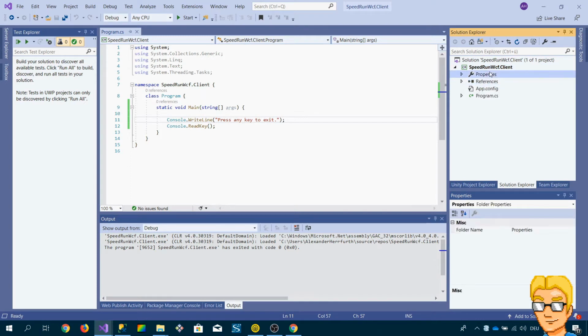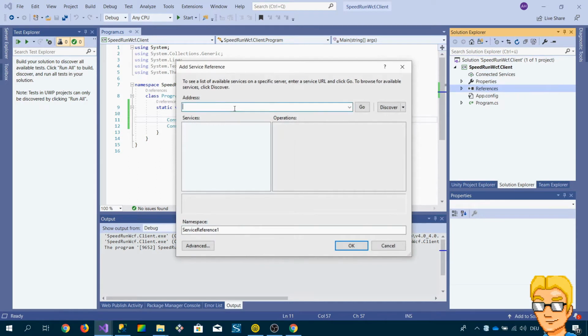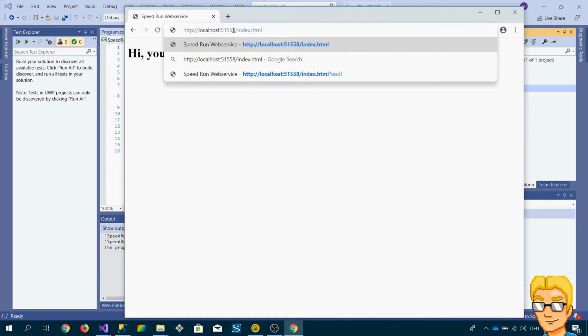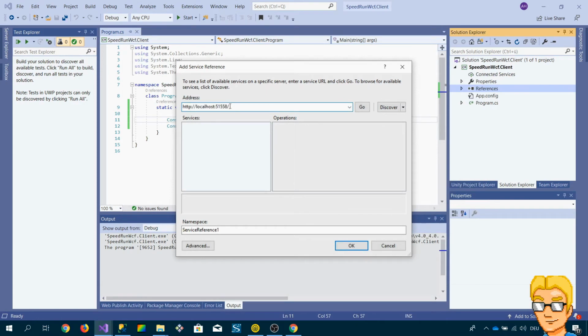Add service reference, right? You go here to references, right click it and say add service reference, and then you have to enter the address of the service, which is quite simple. We're just going to copy the address here. Well, basically it's just localhost, and the port is the one specified here. So yeah, I'm going to copy this URL, put it here, and say, now we need the actual complete URL of the service, which currently is simply,